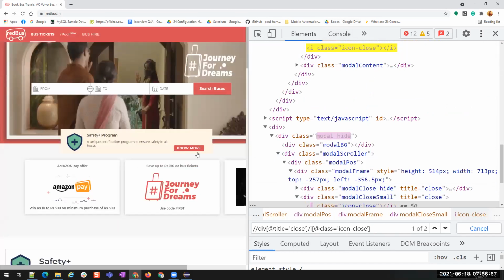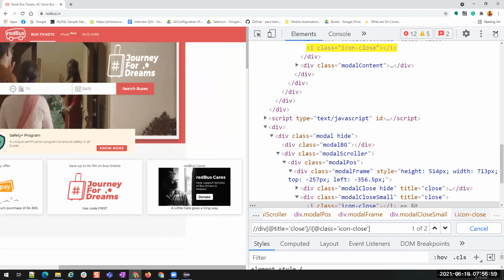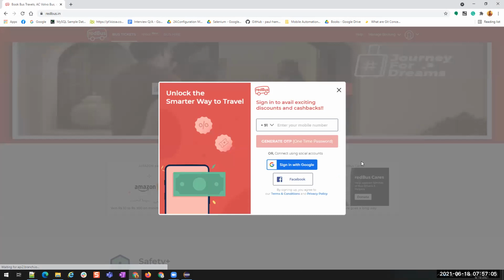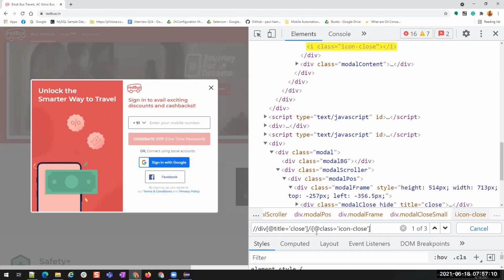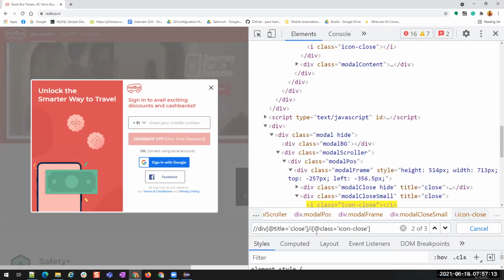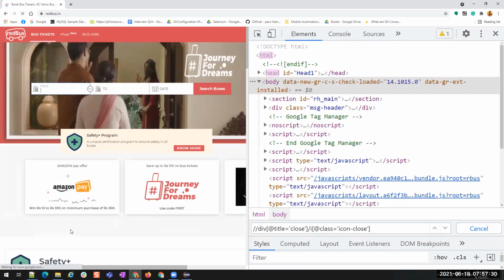Let me do one more trial. Click on this again, inspect, Control F, and paste it here. Oh, it's showing 3. So I understood what's happening, but how come it's only one exit, right? Do you want me to make it 1 again? I can. I'm not changing the number. It's showing. I will be able to find the element. That's all.